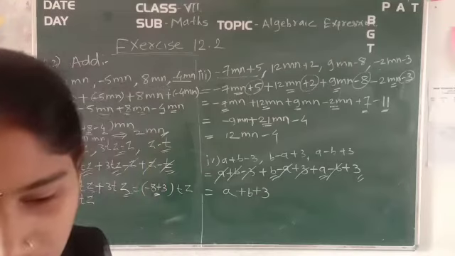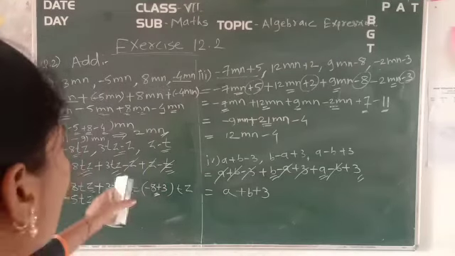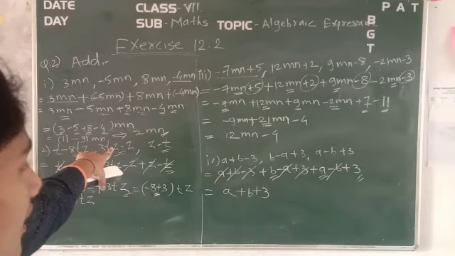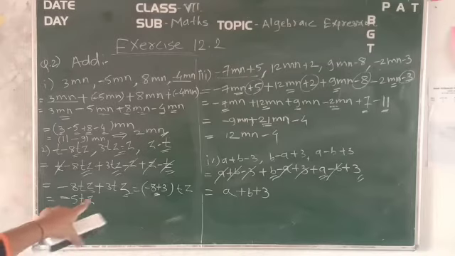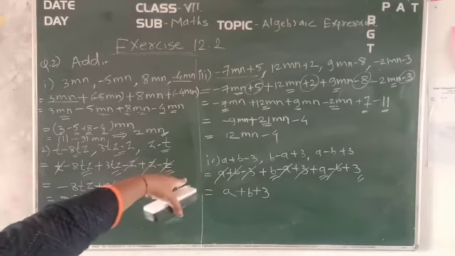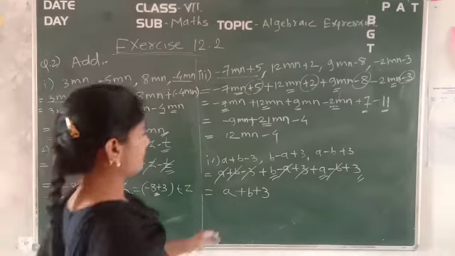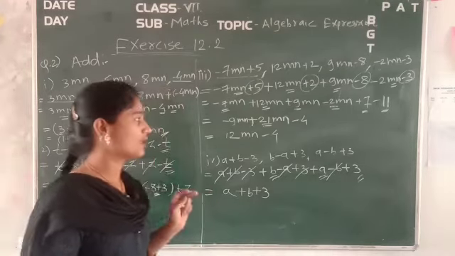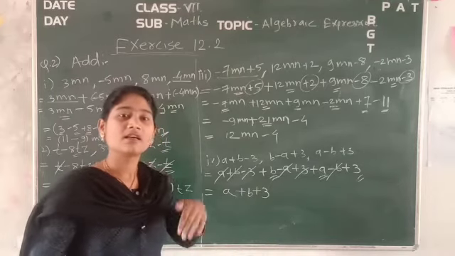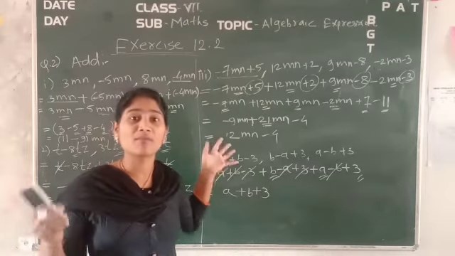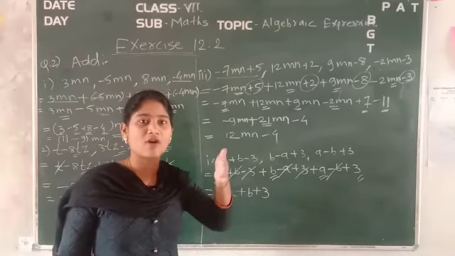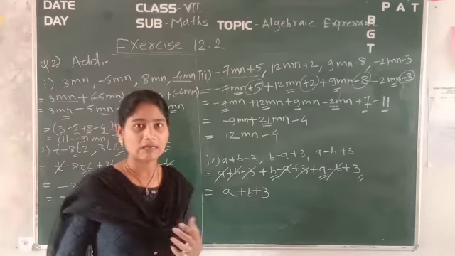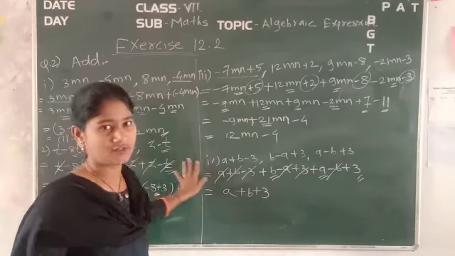Now here you can check also. First of all, 2 ml is there. Answer is 2 ml. It is correct. Now minus 5, it is also correct. Next 12 ml minus 4. It is also correct. And finally that is a plus b plus 3. It is also correct. So in that way we have found the final expressions from the number of expressions which were given to us. It means from the polynomials we have sorted out one simple expression. Clear? It means in that way you can do the addition of the questions.